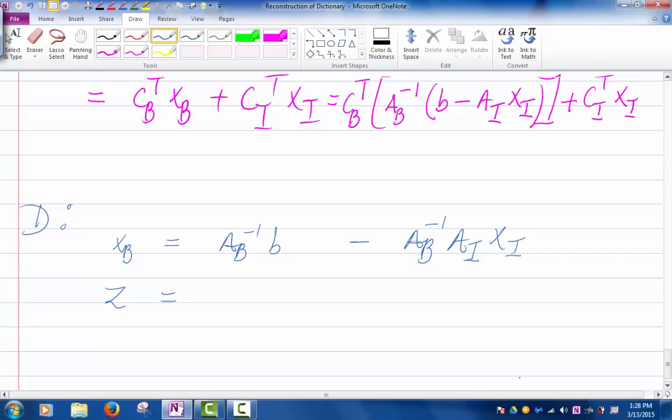When I write Z, I'm going to write the constant separately, and the constant here would be CB transpose AB inverse times B, and then you're going to get negative CB transpose AB inverse times AI